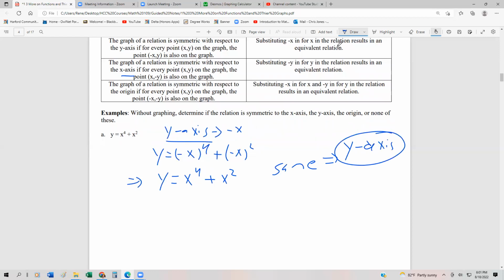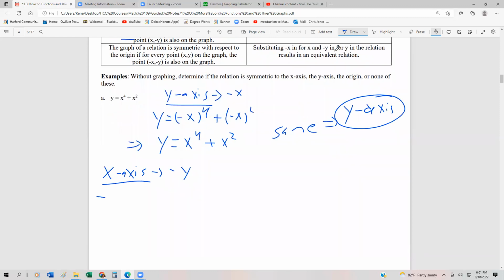But that doesn't mean we stop. So now we're going to test for symmetry about the x-axis. To test for symmetry about the x-axis, we're going to plug in negative y. If we do so, we get negative y equals x to the fourth plus x squared. And there's nothing that we can do to simplify negative y because there's nothing being operated on, okay? So it is not the same,